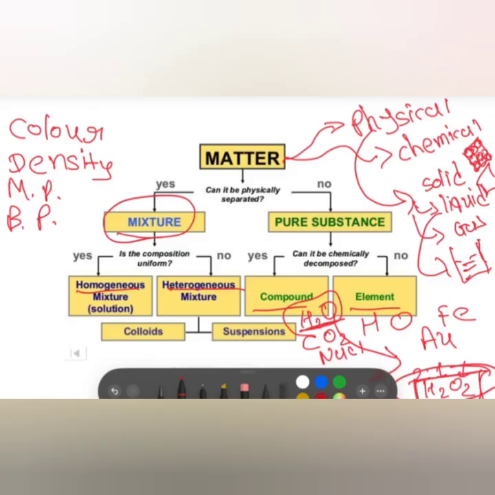Okay, chemical properties are those observed when a substance undergoes a chemical change, like burning, rusting, or reaction with acid, all of this. Okay, then,